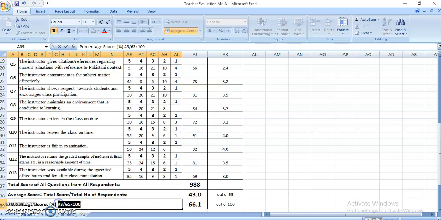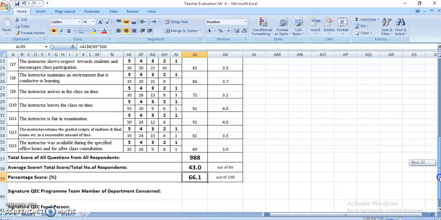Okay, let me show you the formula. I'm going to click here. As you can see here, this is the formula: AJ38, AJ means this column, 38 is the row number, and here is 43, divided by 65, and this asterisk or star means multiplication, 100. So automatically this is the score.